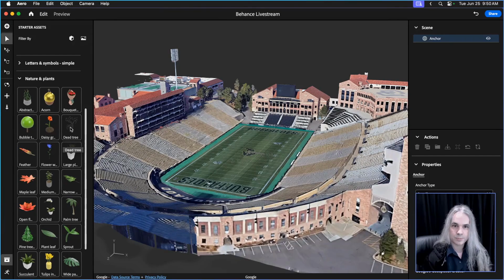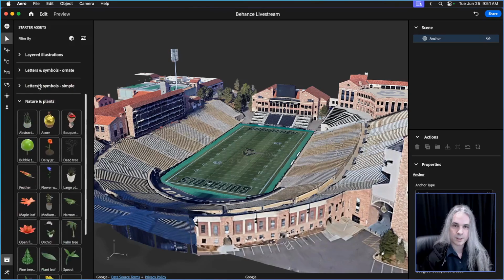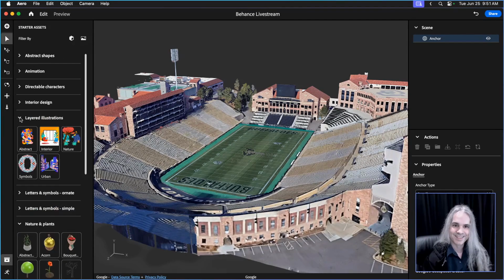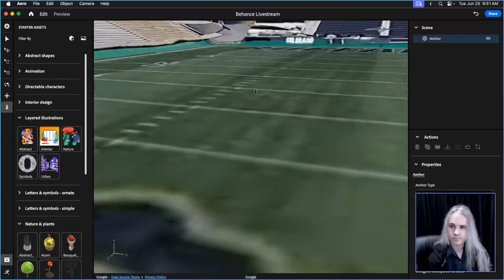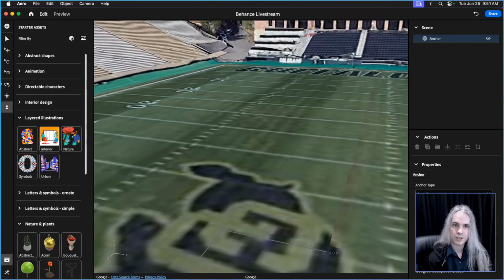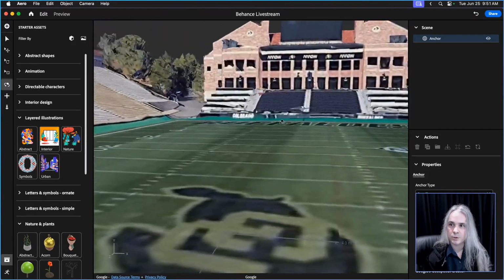Yeah. But we could put things like a dead tree in there. That might be fun. Oh, layered illustrations. Let's do one of these. So I'm gonna change my view. Right, and this changing of the camera view doesn't really do,